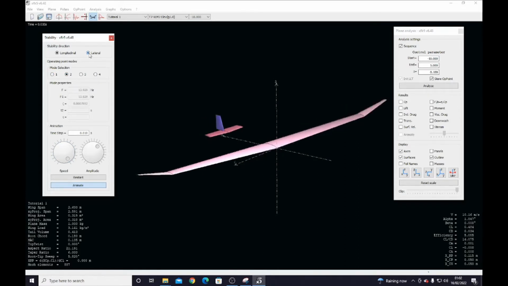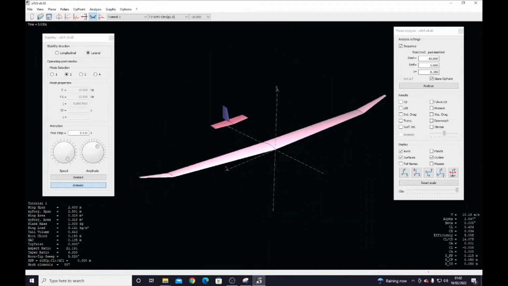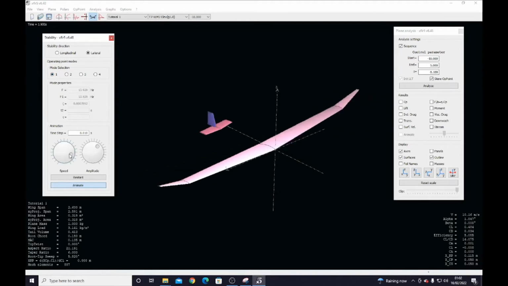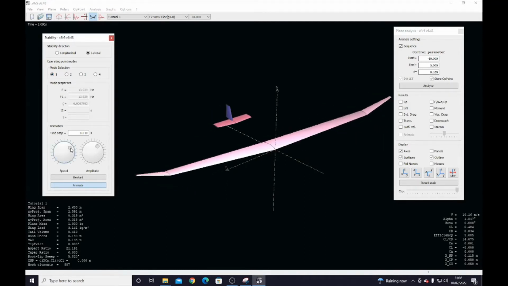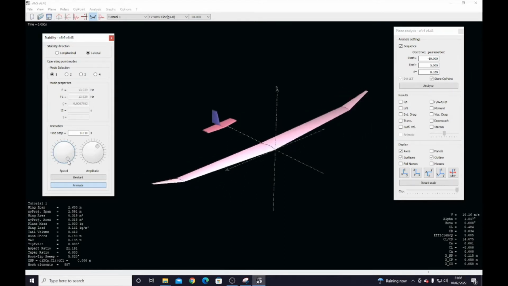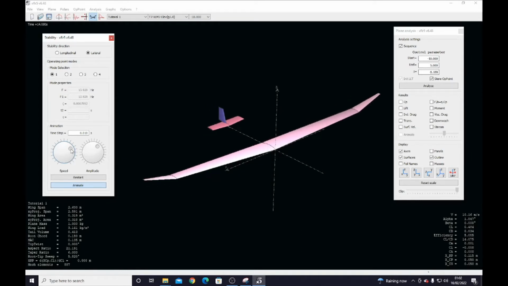And then there's also the lateral modes. Oh boy. Well, I mean, I guess that's kind of stable. If we take this to a lower speed, so